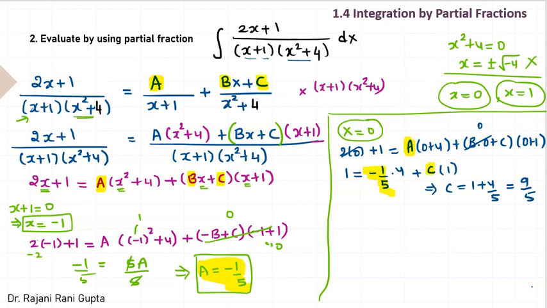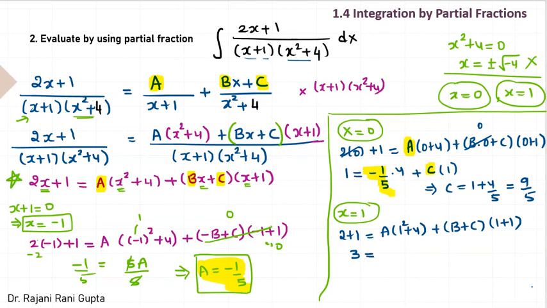Now to get the value of b, let's substitute x equal to 1 in the same equation. This is your key equation. So when you replace x by 1, you will get 2 plus 1 equal a times 1 plus 4 plus b plus c and 1 plus 1. So when you simplify, this is equal to 3 equal, this is 5a, again 5a. So it is minus 1 over 5 times 5,